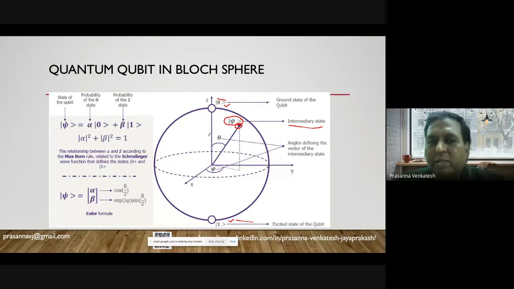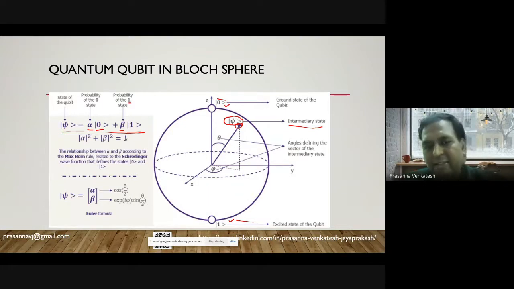That is what the formula here represents. The state of a qubit is represented by this: it has the probability amplitude of the 0 state with the 0 Ket, and the probability amplitude of the 1 state with the 1 Ket. Hope I'm making sense. Okay.